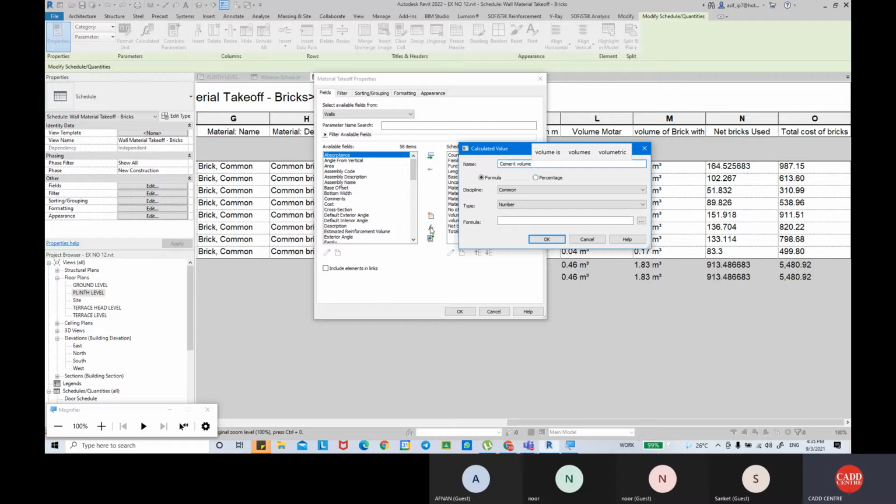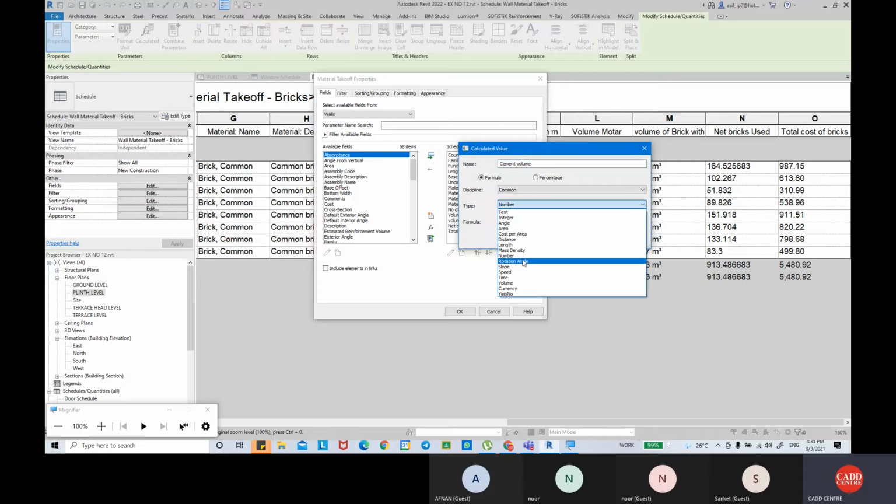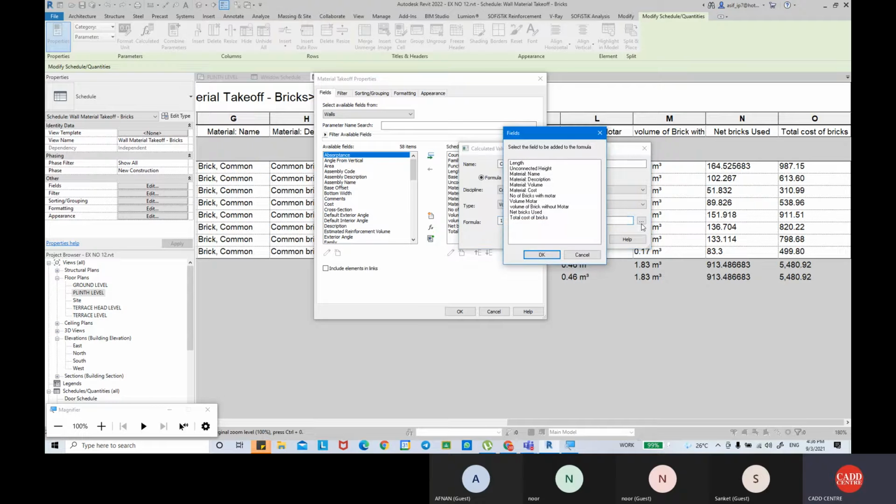Cement volume. Okay, and we'll find the volume. So the formula would be 1 multiplied by the volume of mortar,